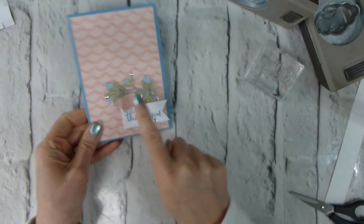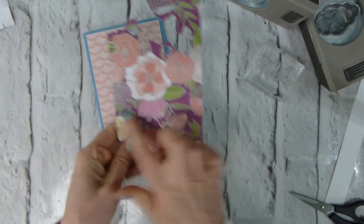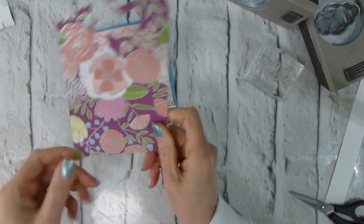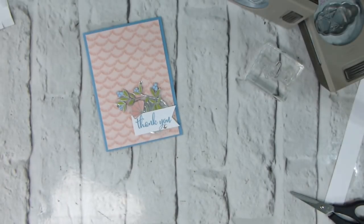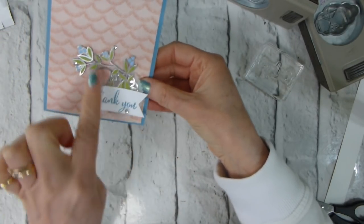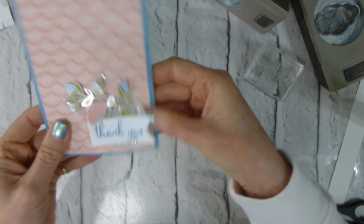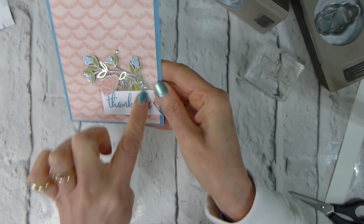So what I've done is fussy cut out of a piece of the rich raspberry, backed with the blue sort of wave pattern on the back. I just fussy cut out some of the floral image. So that is the basis of this, and then I've got a vellum scalloped circle, starburst punch even, circle, and then one of the little metallic doilies which come in silver and gold,